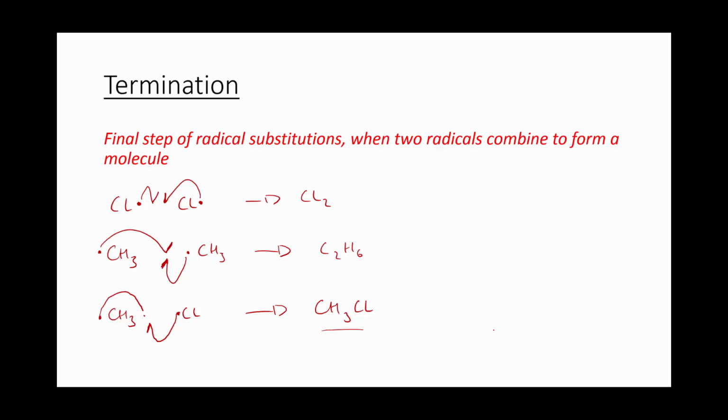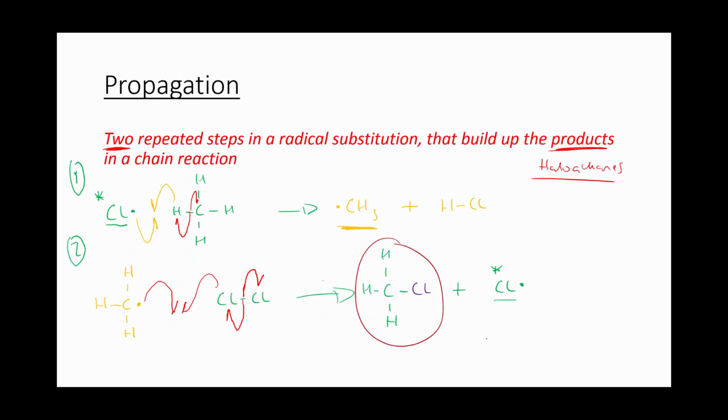There's one thing I'd just like you to be aware of though, and it's coming back to the propagation step. I've stopped this propagation step after 2 reactions, until we've got this CH3Cl. But what can happen is this CH3Cl can now take part in reaction 1 of the propagation step, and it takes the place of this methane here. So essentially what's going to happen after a repeated propagation reaction, we're going to form